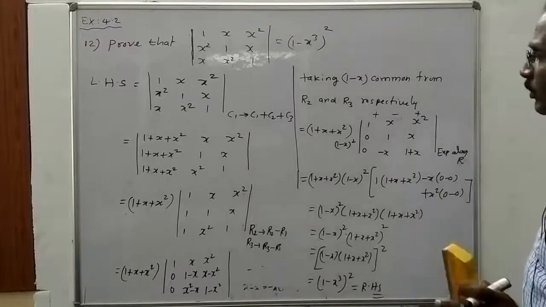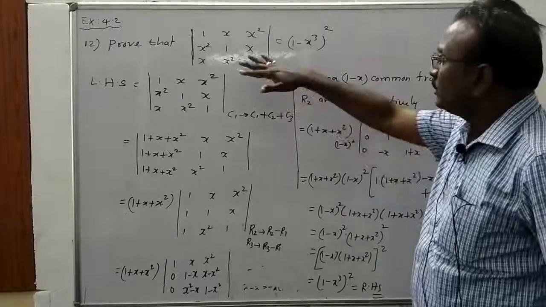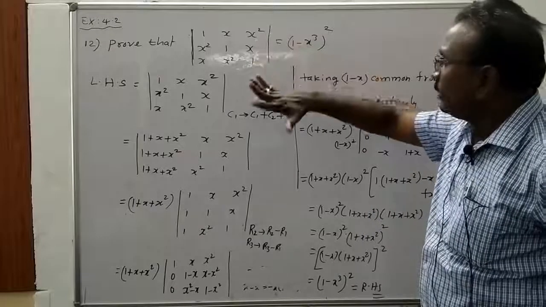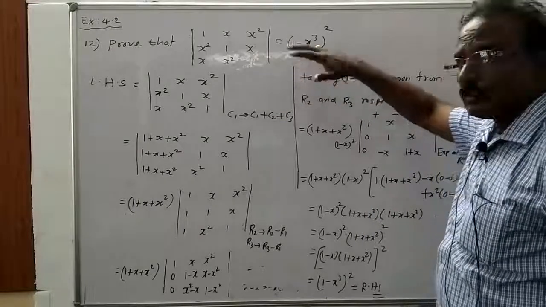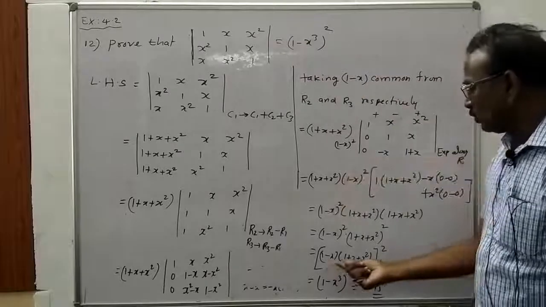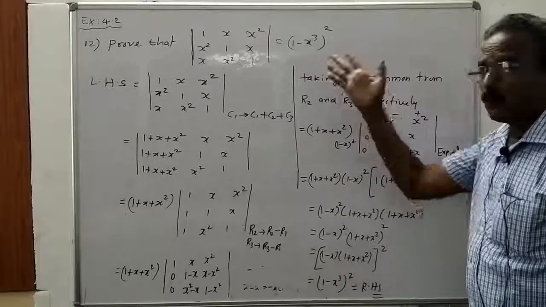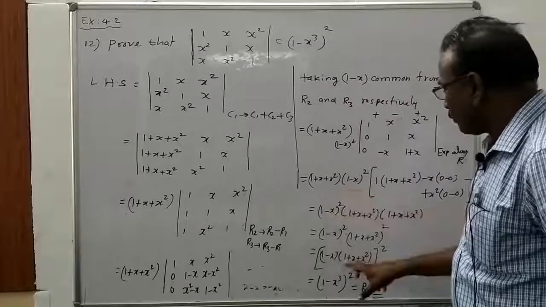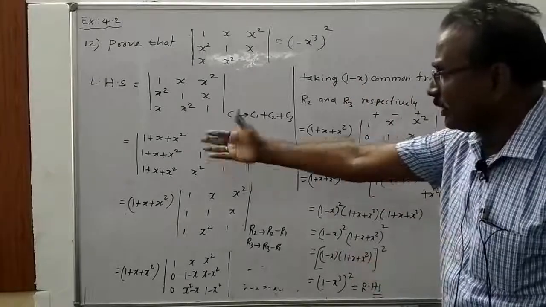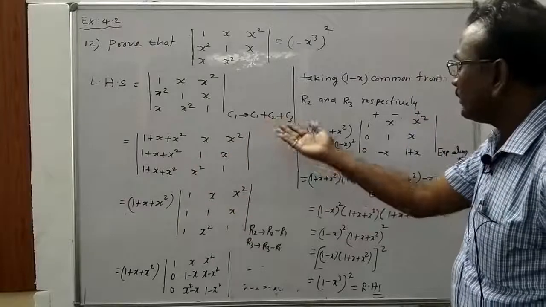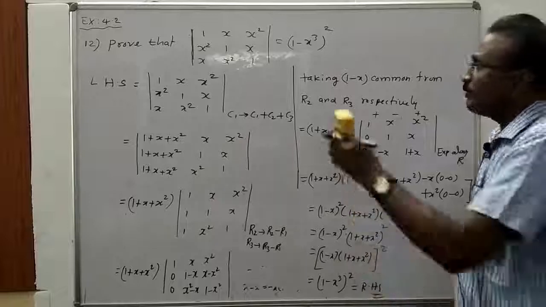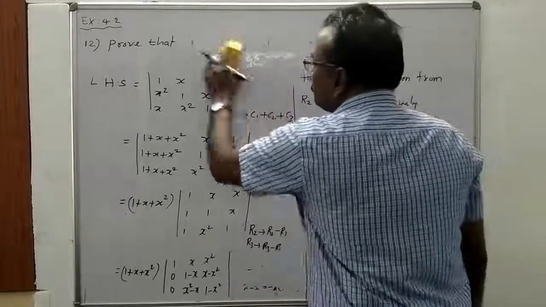So this is very important. So first observe the elements. We cannot get 1 minus x cube common directly, so that's why 1 minus x cube is the same as (1 minus x) into (1 plus x square) using a cube minus b cube formula. So first take the common factor 1 plus x square, so we get a common, and next 1 minus x take outside, so we get the answer. So this is the procedure. Next 13th question.